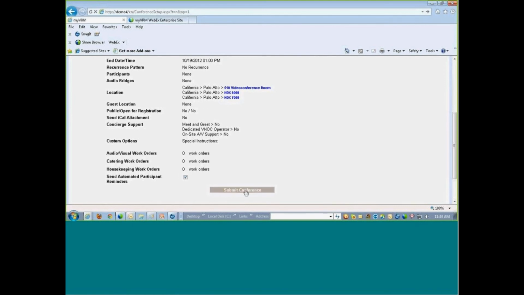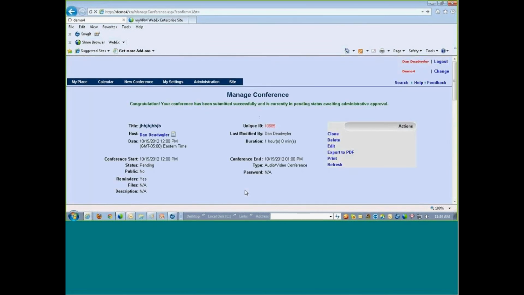Submit the conference, and we've done the long way around. Much more flexibility, much more options available to you. The same thing that we did starting out at Outlook. Now, had this been a recurring conference,